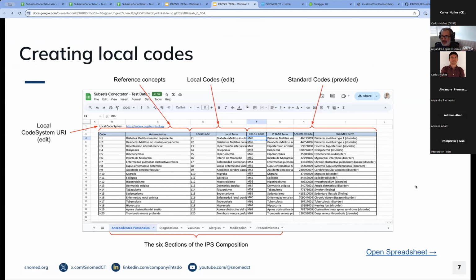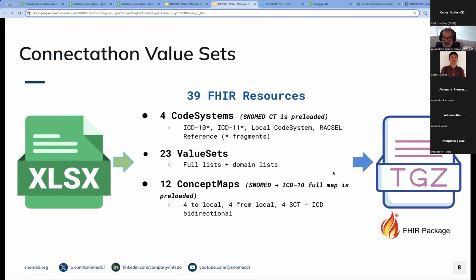Now, why are we doing all of this? Sure, I mean, a spreadsheet. Well, it's just a mechanism for us to carry out this exercise, because when we run the Python script, what's going to happen is that 39 file resources will be generated. And those resources are first the code systems: five code systems, and they are SNOMED, which is preloaded,